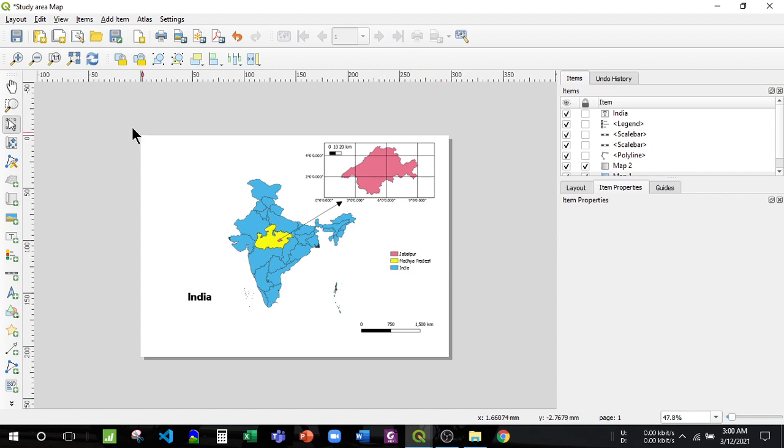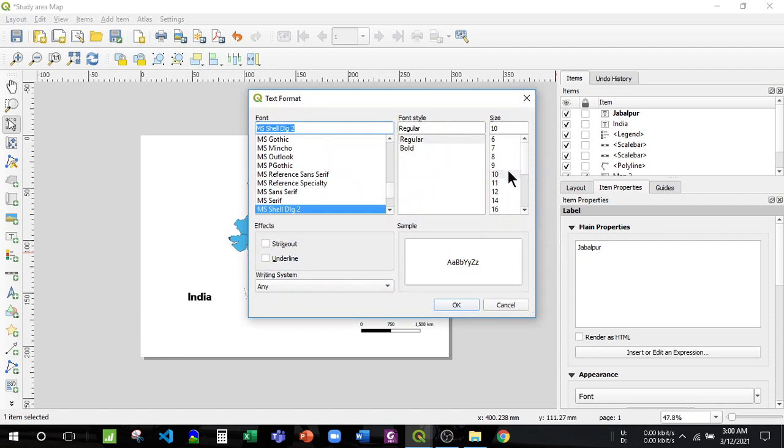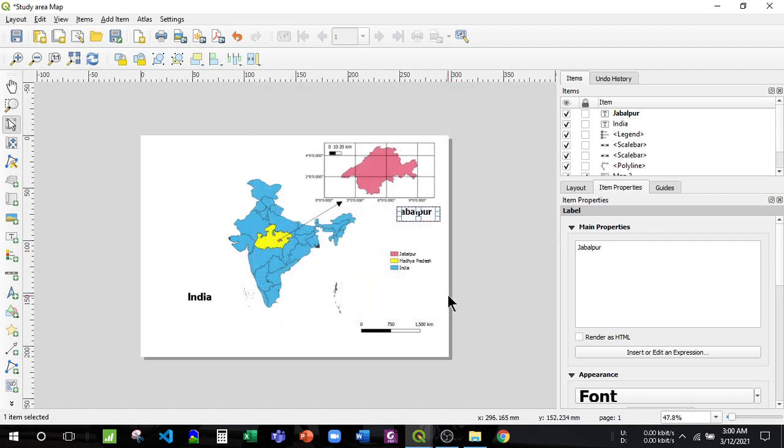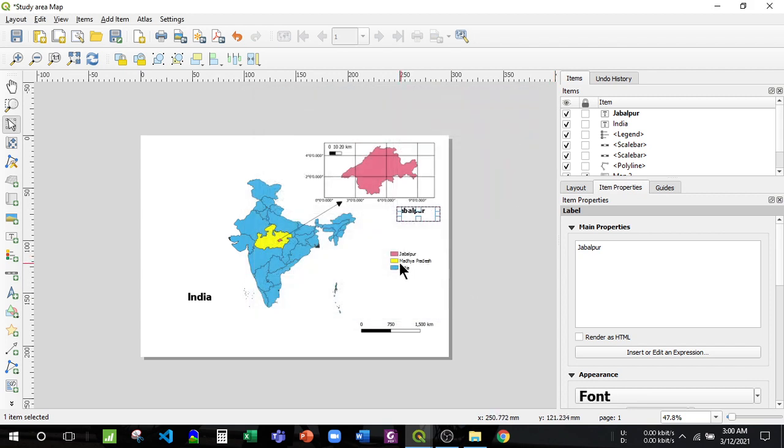Okay, and again add a label over here, making writing this as Jabalpur, and changing the font from regular to bold, and making it 22, or decreasing the size to 18.